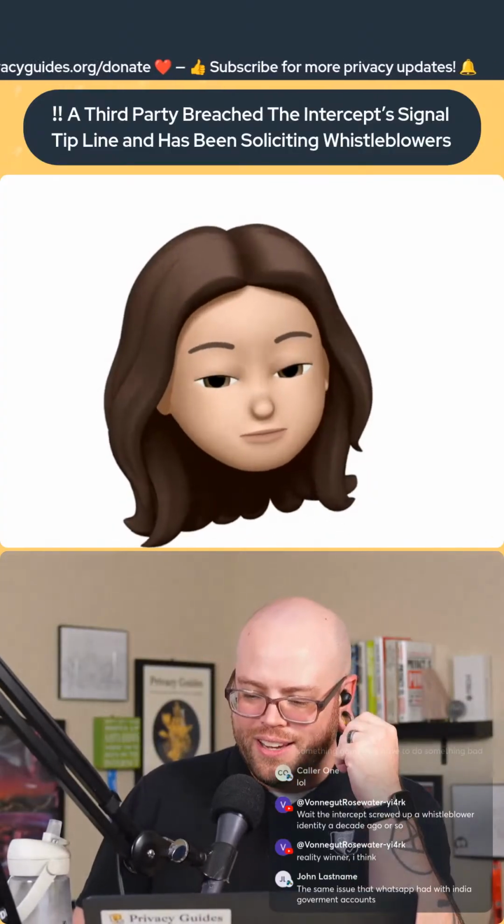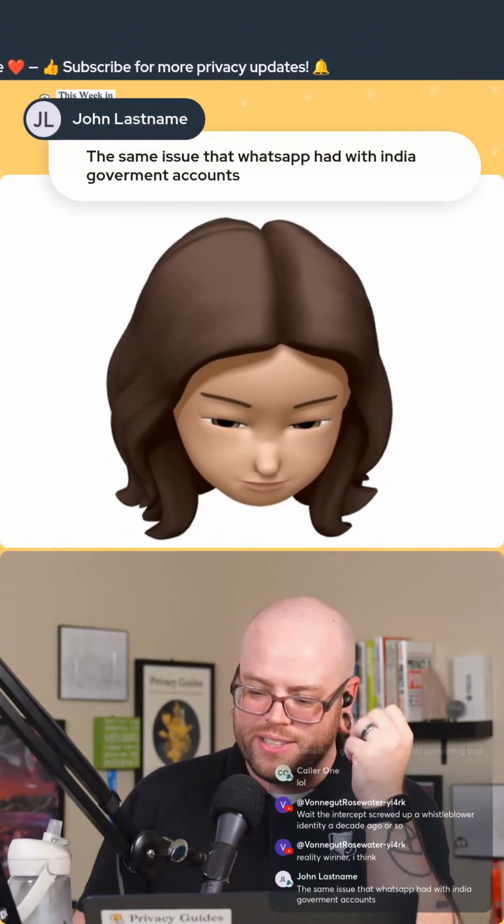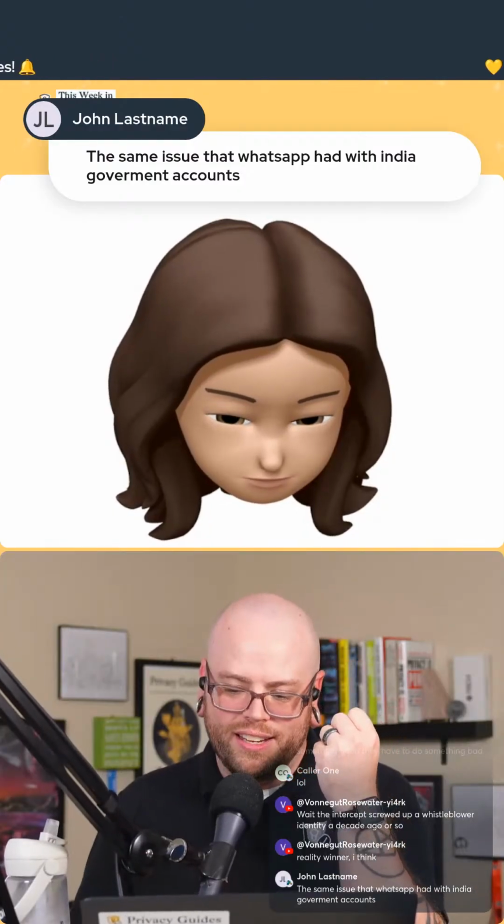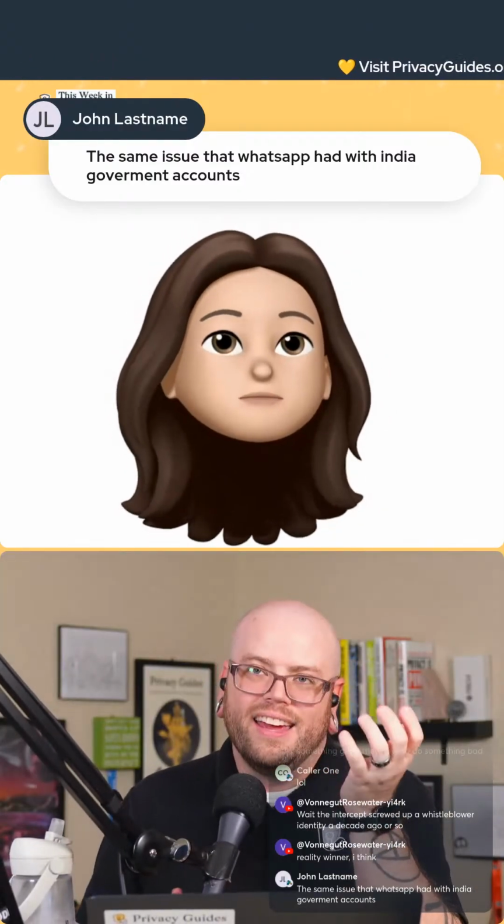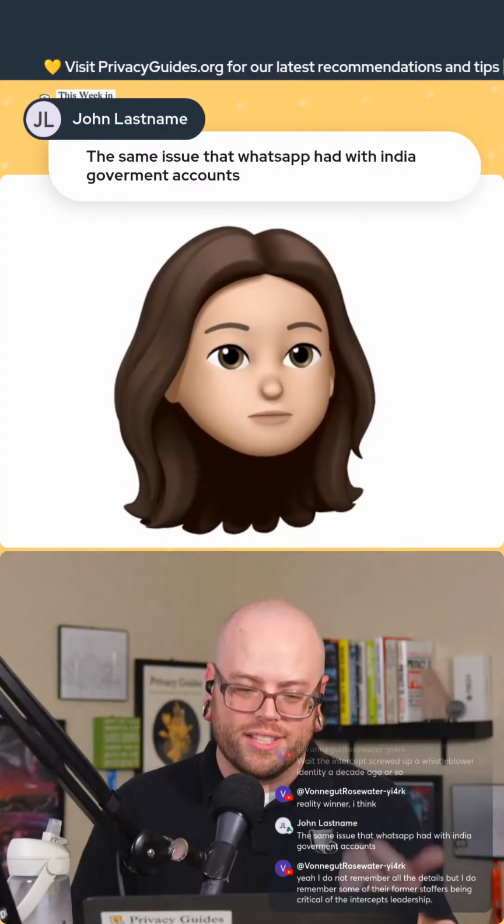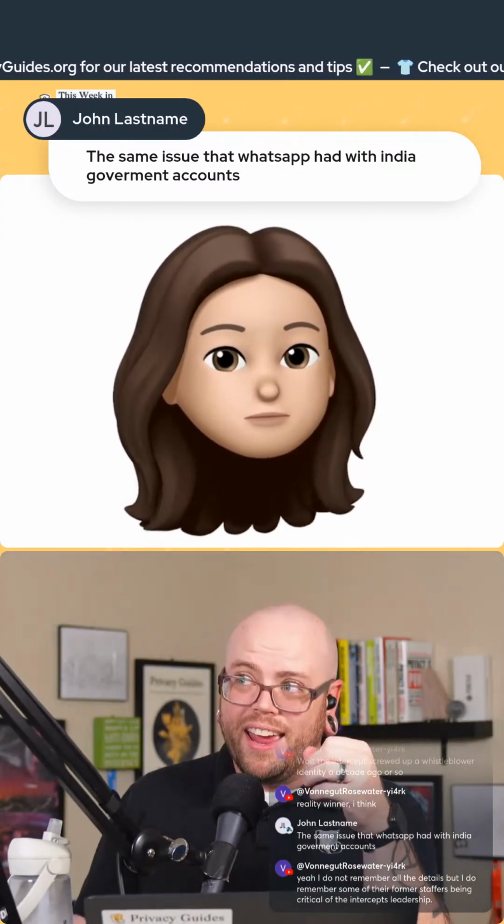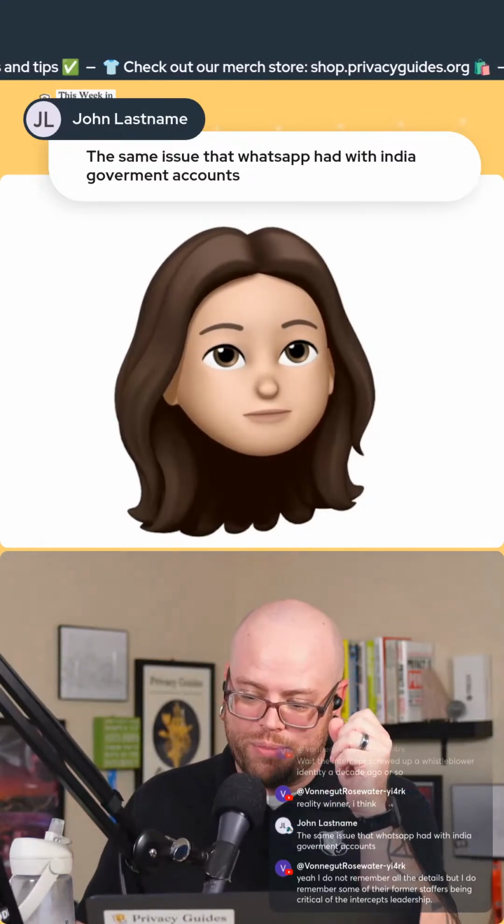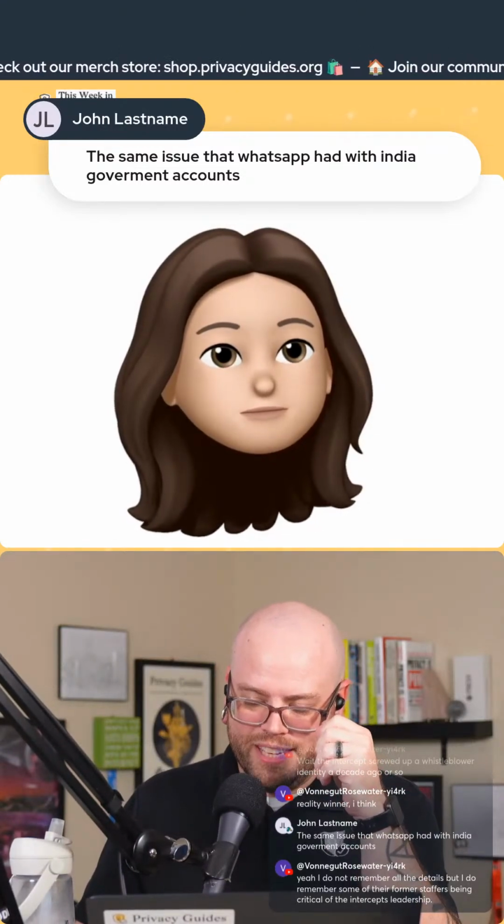Which is the same thing John Last Name mentioned, like we talked about last week. WhatsApp is having issues with rolling out usernames in India, government accounts in India. Again, I guess this is a little similar because there's somebody on Twitter hitting people up and saying, hey, come contact us to learn more about this story. You're like, we want to know more about this story. But yeah, it's definitely